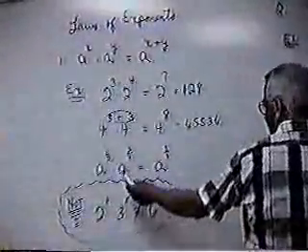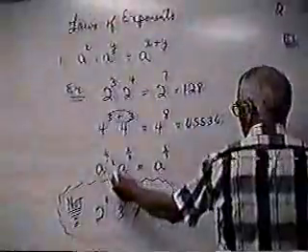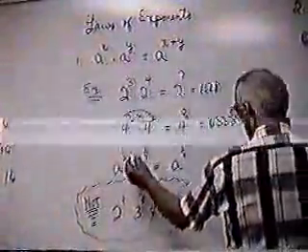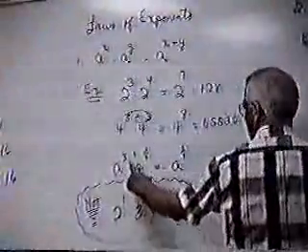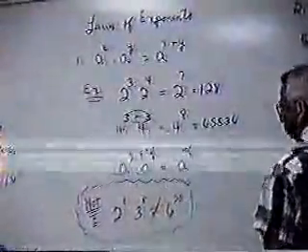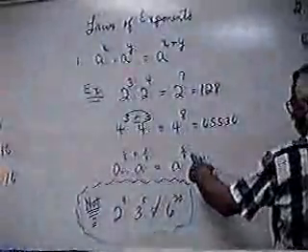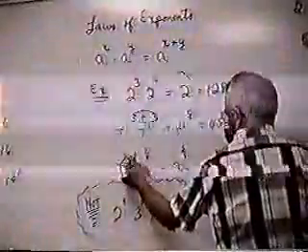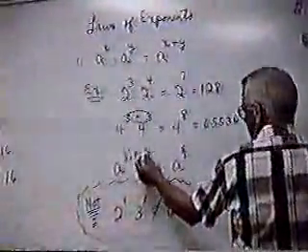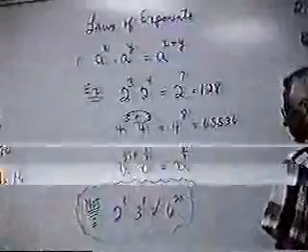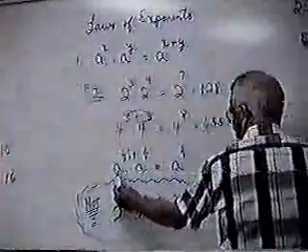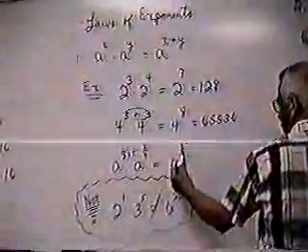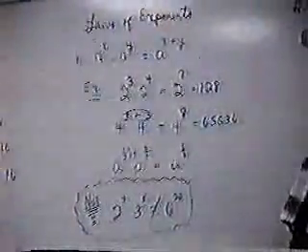All right, next example here is a to the 1/2 times a to the 3/4, and you add powers. So if we add 1/2 and 3/4, getting a common denominator, multiplying by 2, we get 2/4 plus 3/4, which is 5/4, or 1 1/4. Point is, base to a power times the same base to a power is the base raised to the sum of the powers. Not